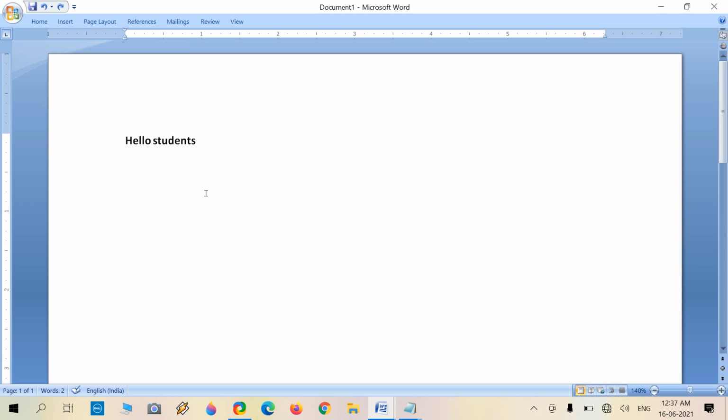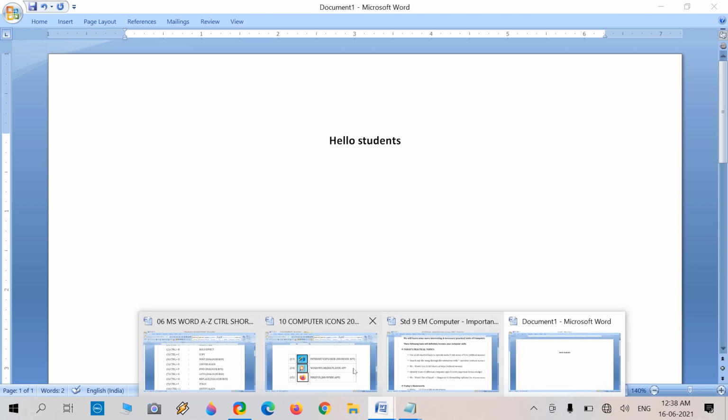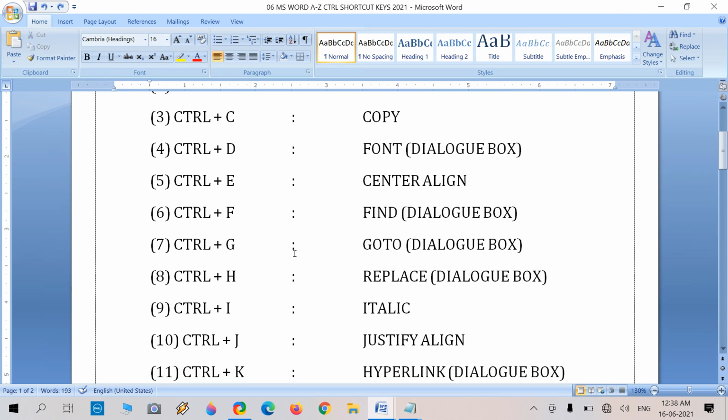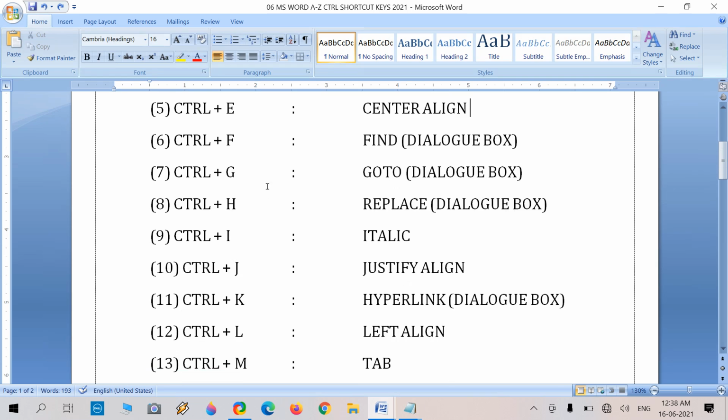Using Control E, I am pressing Control E, it will set it in between the document, means center alignment. Again I am pressing Control L and it will be placed at the left side. Press Control E and it will place it in the center, means center alignment.